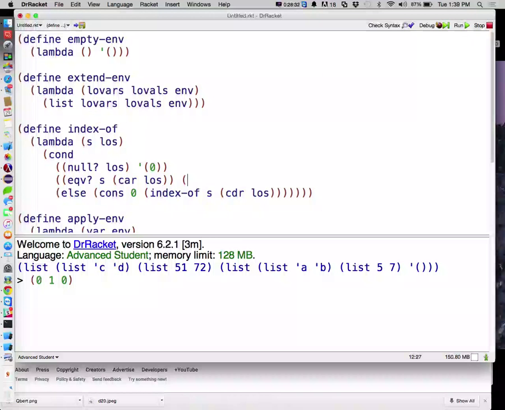What if I just returned the list containing a 1? That's the most helpful definition, though. Well, not dealing with scopes, just dealing with index of. So if I just return the list 1 here,